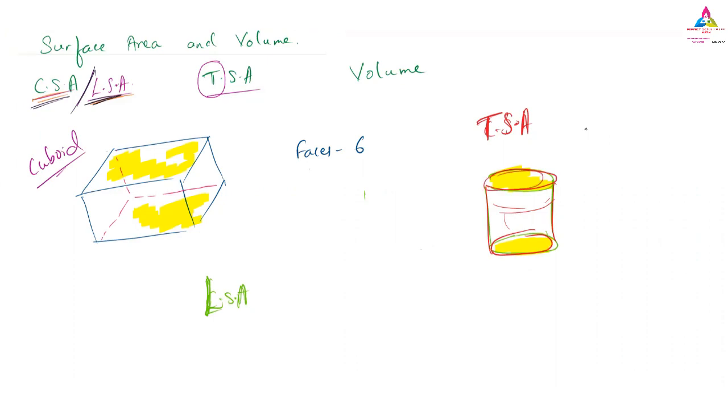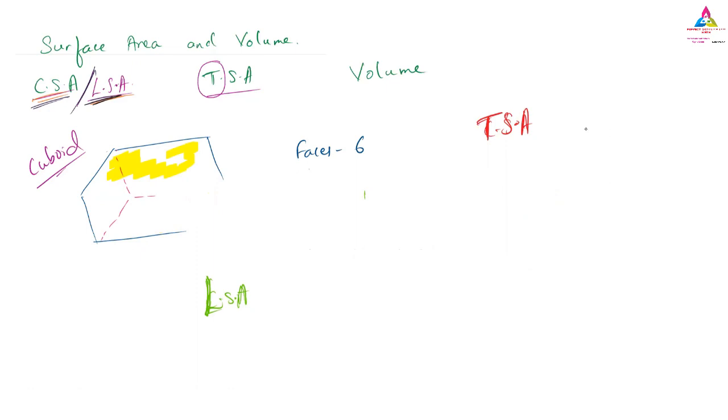We have to find the lateral surface area of the cylinder, and the top also, what is the area of the top, and the bottom also, what is the area of the bottom. That is also we have to find. So it is called the total, meaning everything we have to count. Okay, we have the formulas for this, and we will discuss that formula later on. I'm just giving the introduction.